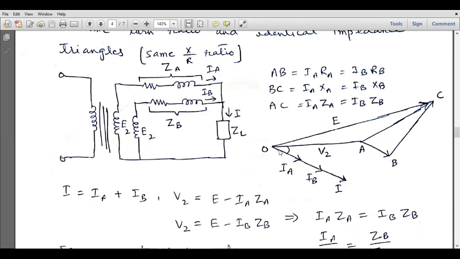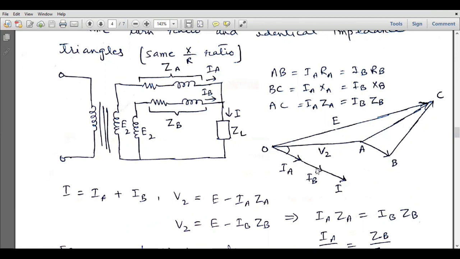When the power factor is the same, the phase difference between the voltage and currents of both the transformers will be identical. Now the magnitudes of these two currents can be different because the impedance of this transformer can be smaller than the impedance of the second transformer. So from this figure we can say that the impedance of transformer A is slightly higher than the impedance of transformer B. Due to this reason, the current of transformer A is slightly smaller than the magnitude of the current